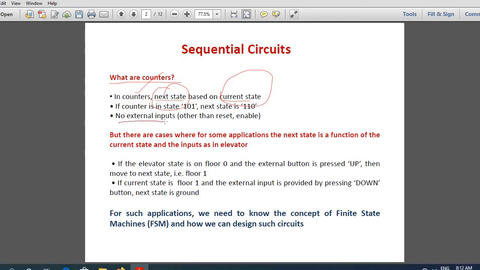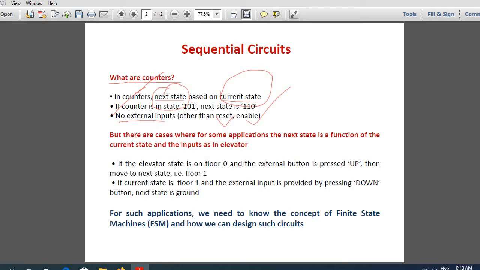Once we set up the circuit for a counter, some flip-flops will be connected together, some combinational logic will be used, and counter inputs will be given to the flip-flops. So once the counter as a whole unit is set up, no external inputs can be provided other than some reset option or enable option. I think this one you will understand when you see counters in your next semester lab. So no external inputs will be provided to the counter. Once the counter is designed, it just goes on counting.